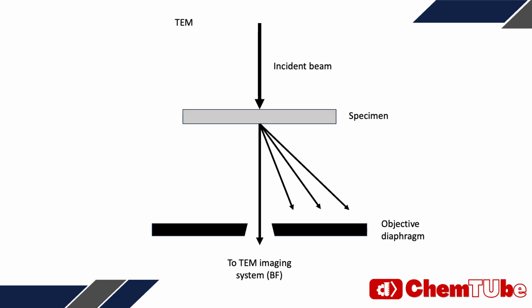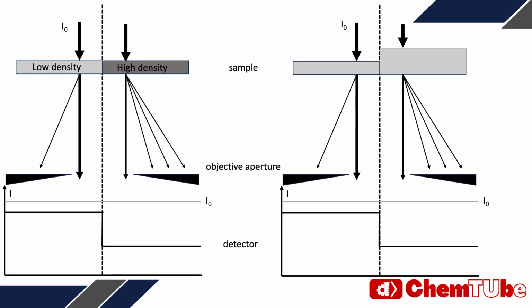Now, onto contrast modes. The most basic and commonly used imaging mode is bright field, or BF, where an area of the sample is illuminated by a wide electron beam, which is then focused through an aperture onto a camera. In bright field TEM, image contrast arises due to differences in sample thickness, material density, and crystallographic orientation. Thicker or denser regions scatter more electrons away from the direct beam, making those areas appear darker.